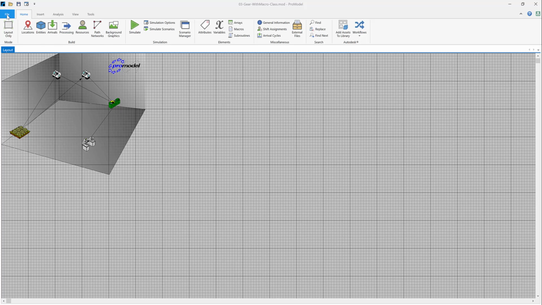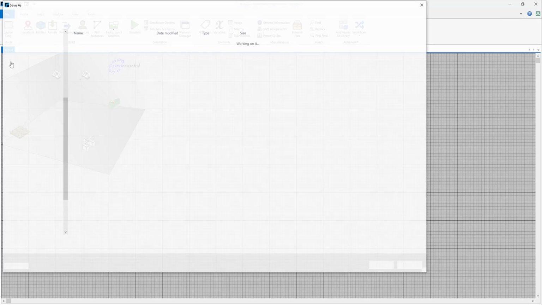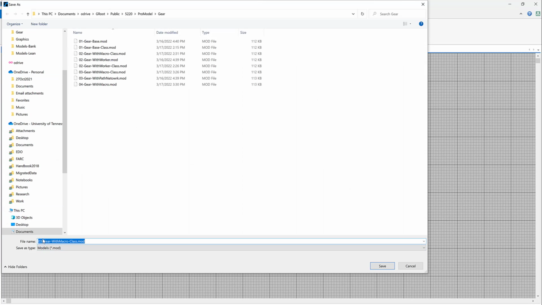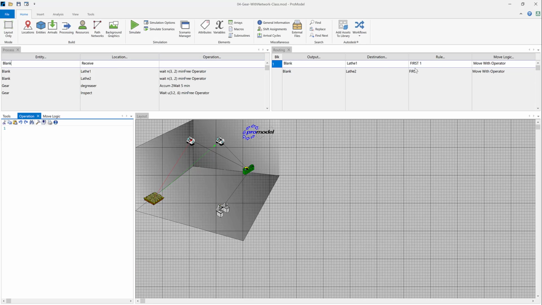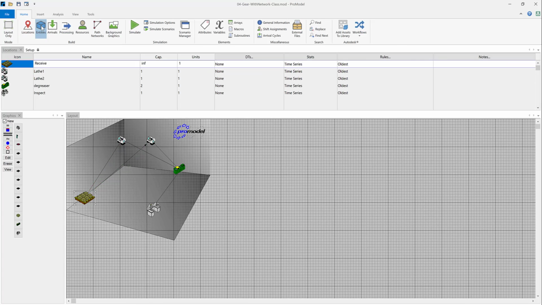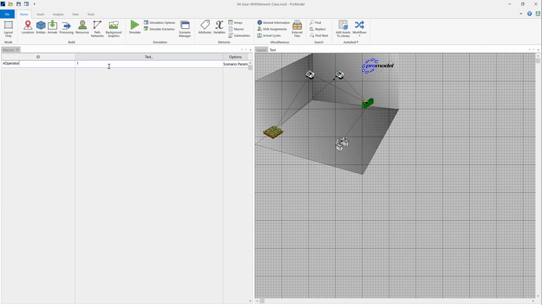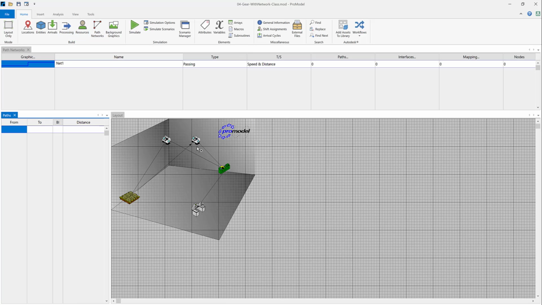Okay, let's first save our current file as network. Okay, so we have our processing, our locations, our entity, and we have our macro. Okay, and what we want to do is to set up a network, and path networks is the